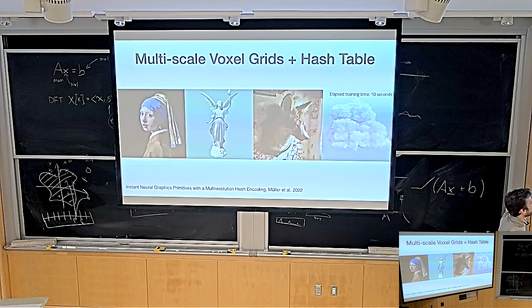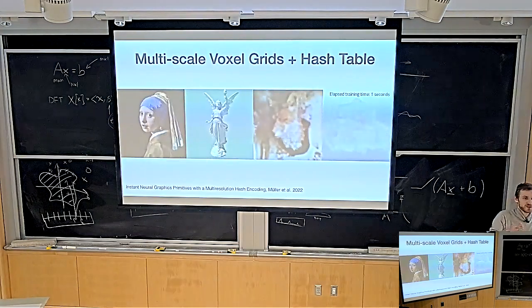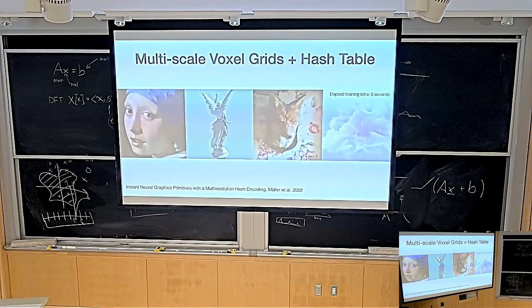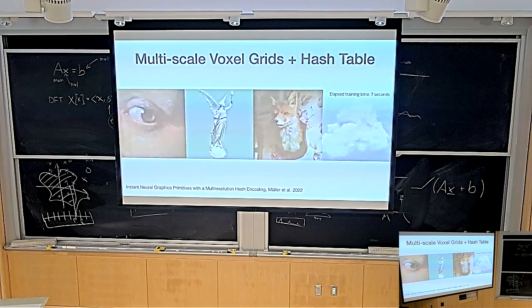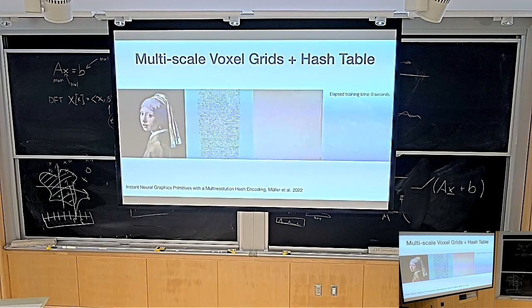But so this is a really big image. If you stored this in a grid, it would be really expensive. But you can store it in this multi-resolution hash encoding, where the neural network is basically doing a little bit of interpolation, and it turns out you can store the super high-quality image in relatively few parameters. Or here, this is an occupancy function or a signed distance function. Similar, super high level of detail.